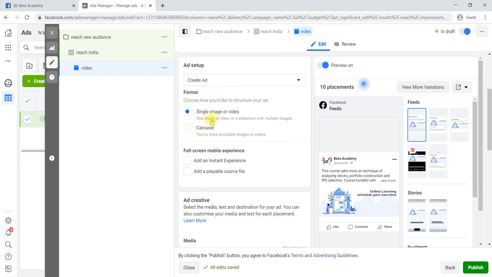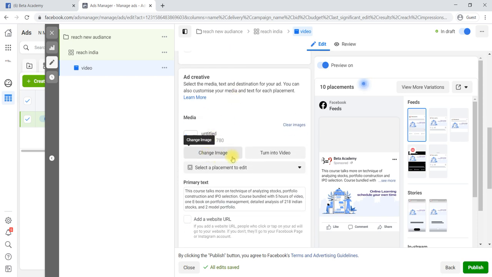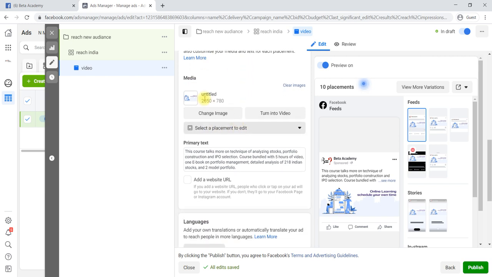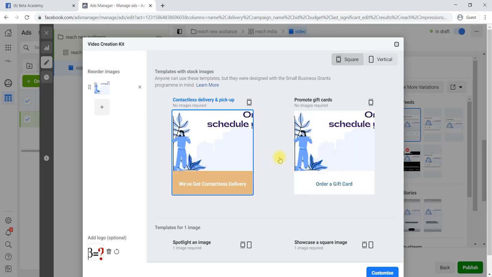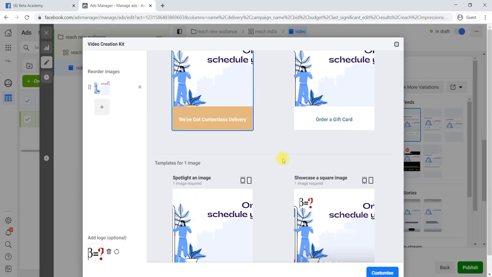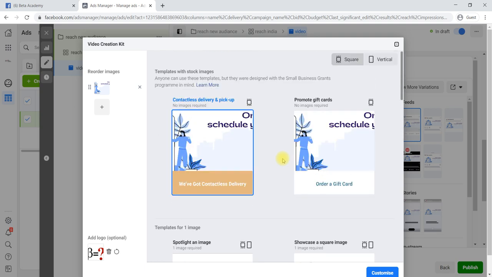And for the ad, for example, I would like to create a video ad. For example, select a placement and edit. Here you can create an ad. Here everything is okay. If you would like to turn it into a video, we can select video. And you can select the video format in which you would like that video to be shown.